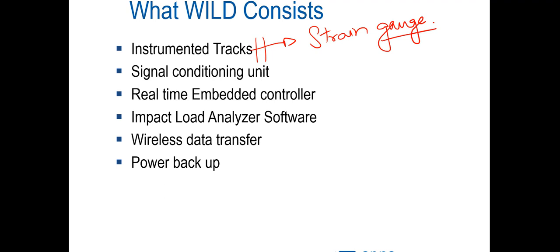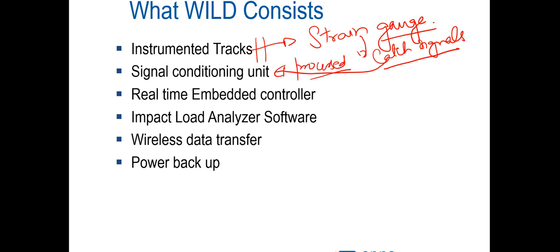Then of course these strain gauges will catch some signals, and those of you who are experts in electronics would realize that this signal needs to be processed, because there can be a lot of noise in it. Like when I take this lecture, it's possible that some of you are listening to music or talking to each other, and that's noise, and your brain needs to cut out that noise. Similarly, we need a signal conditioning unit to get rid of this noise.